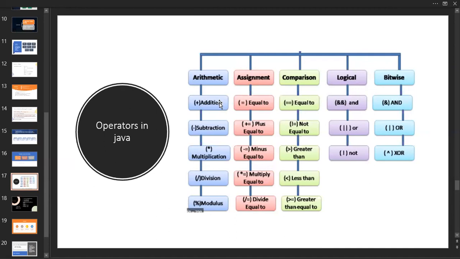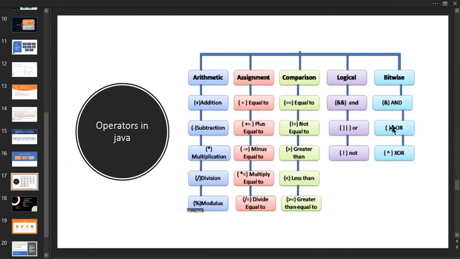Now subtraction. If we use subtraction inside a statement, you already know this. I will give you only one example for all these things, and we'll get a clear idea. I think I'm wasting my time. But this is new, right? So it is essential to tell each and everything, and each will be explained at the time of the examples.